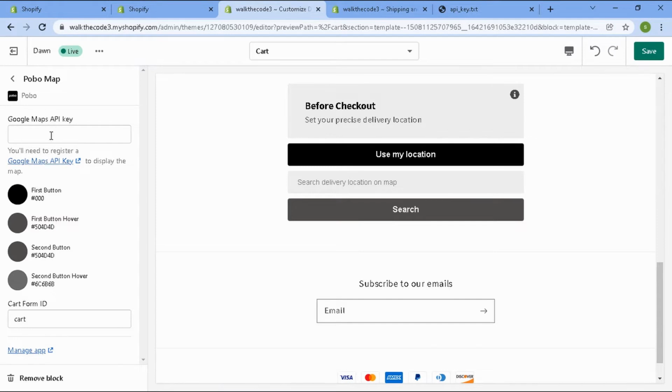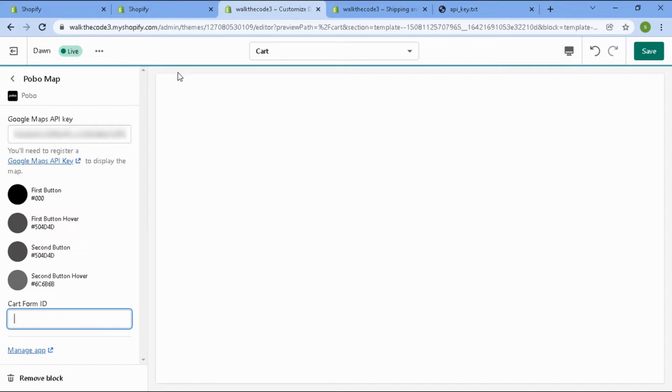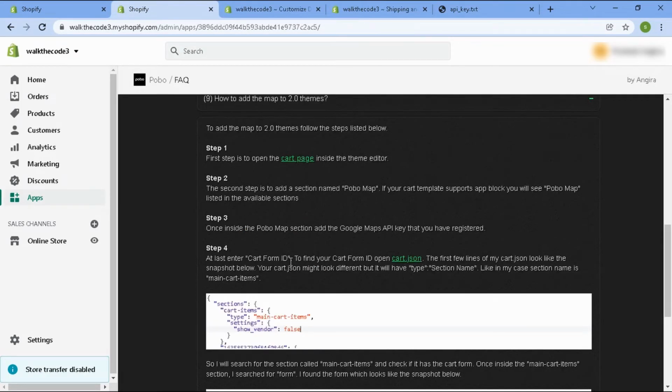And here it is asking me to enter my Google Map API key. So I'll copy my key and paste it here. And second, we have to enter cart form ID. So it is auto populated with cart. I'll get rid of this value and you have to find your own cart form ID. So how to do that? Let us go back to FAQ, and in order to find your cart form ID, in step number 4, you